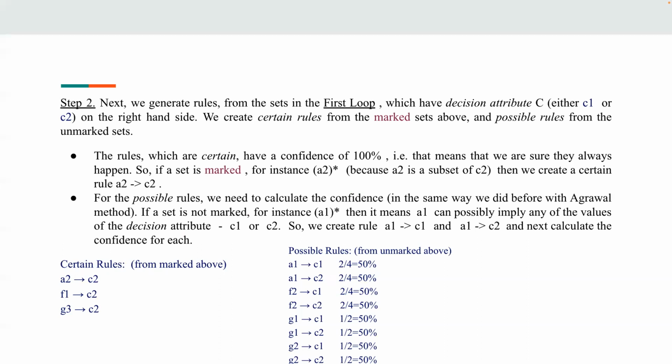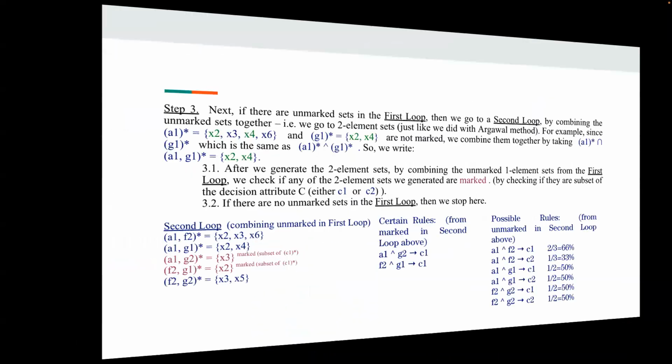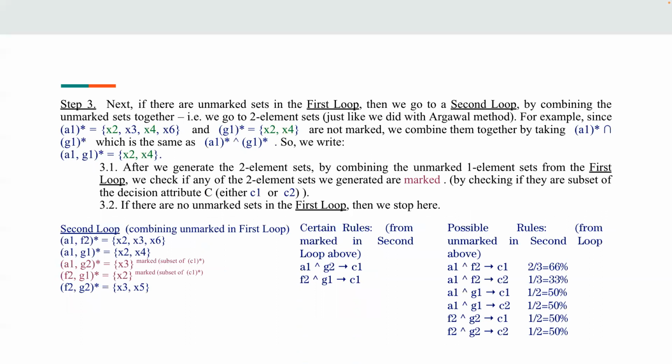For possible rules, we need to calculate the confidence according to the Agarwal method. If a set is not marked, for instance, we consider that A1 is not marked, then A1 can possibly imply any of the values of the decision attribute, which tends to C1 or C2. So we create a rule A1 belongs to C1 or A1 belongs to C2, and next calculate the confidence of each. As you can see, when we consider A1, the confidence rate corresponds to 50-50 in the steps below. And moving on to step 3, if there are any unmarked sets in the first loop,